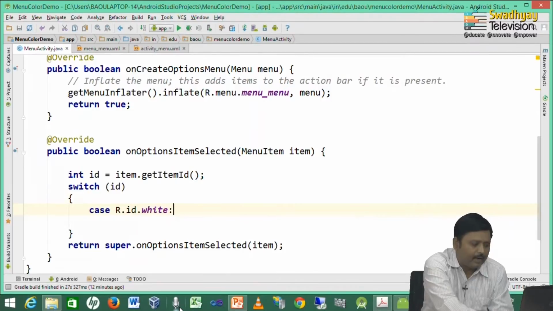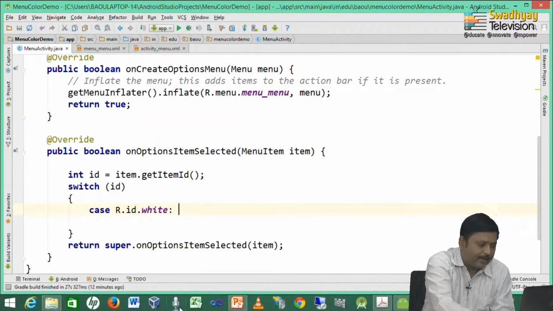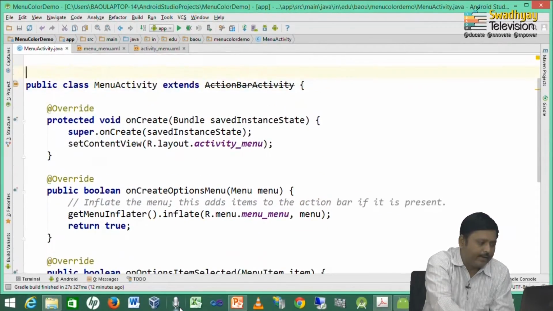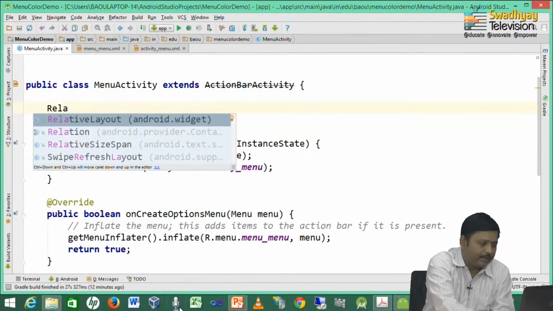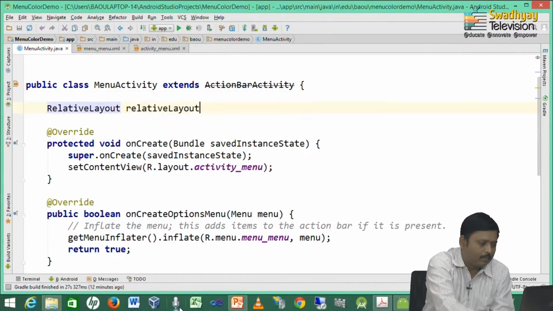So, here I write R.id.white, and inside these we set the relative layout color to background. So, here I take a reference of the relative layout. So, here I declare one relative layout object and take its reference